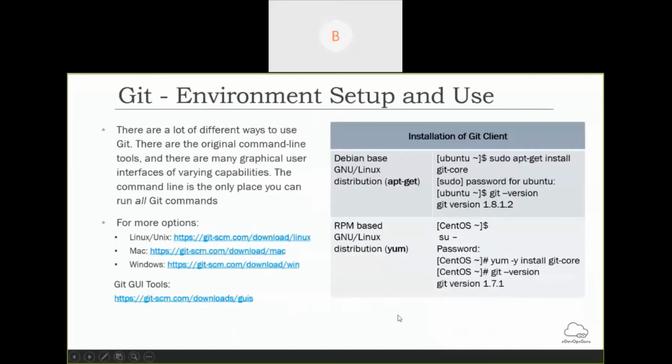So how to set up your Git environment? It is available for all the operating systems. If you have Linux, Mac, or Windows, these are the links I have provided. You can easily get those links from gitscm.com. Go to downloads and you can download whatever you want, depending on your operating system. Here I'm going to demonstrate on Windows. I have already downloaded that, and the tool is Git Bash. I'm going to use that.